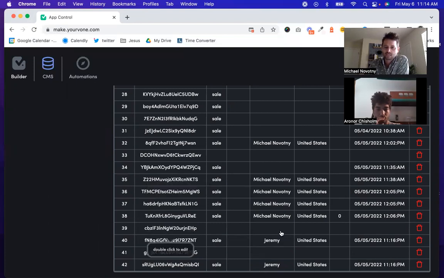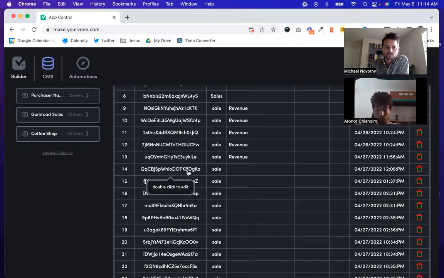This collection then is basically just a bunch of information about one thing. And so that one thing is sales. And so it shows there's a sale, so it shows who purchased it, where they purchased it from, and then the time and date. And so to do this,